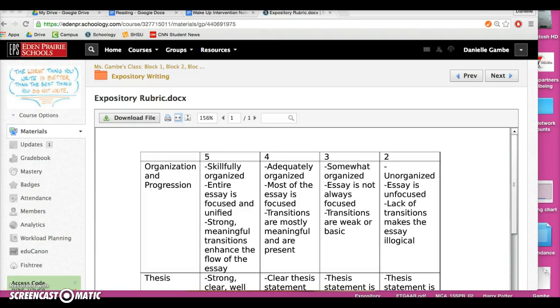Hey, sixth grade, today we're going to learn about transitions and how to add them into our expository writing. You'll remember that we talked a lot about transitions when we were working on our narratives, but for expository, transitions are just as important, if not more important. You'll notice on our rubric that our transitions are kind of built into the organization section. It's called organization and progression. Progression just means the way that your story moves or flows, and transitions is how we get our story to